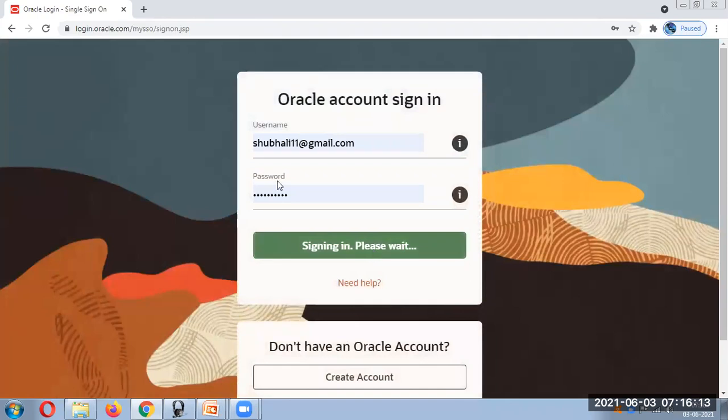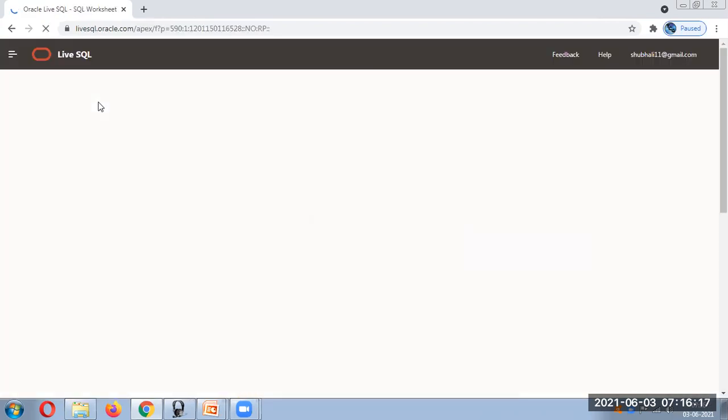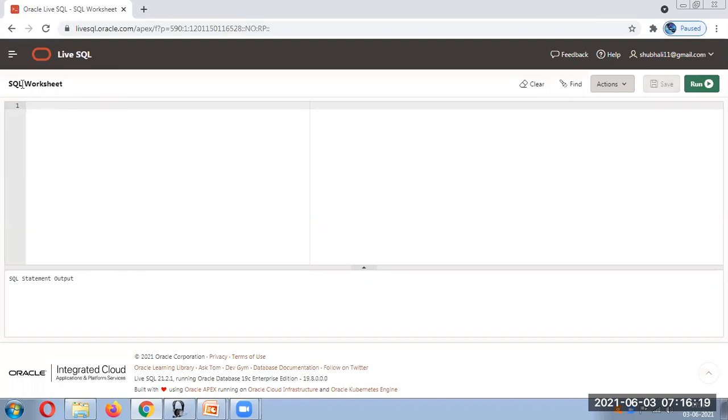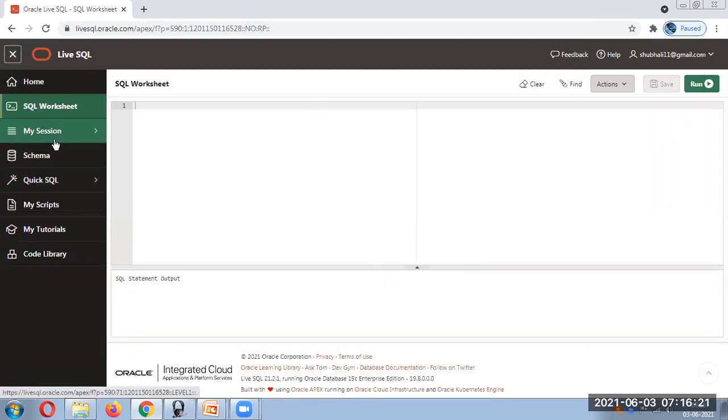Go into start coding now. We are going to make use of the HR database. You just sign into the Oracle account, and after signing in, you can run the script. Click on this tab and you will get Quick SQL or My Scripts. I already have the HR database, so I click My Scripts.